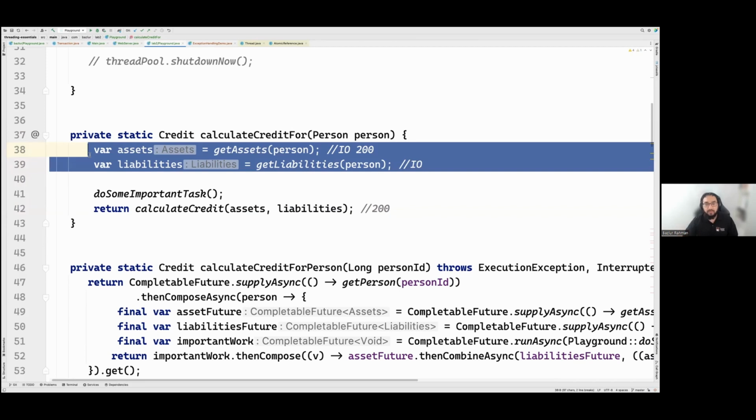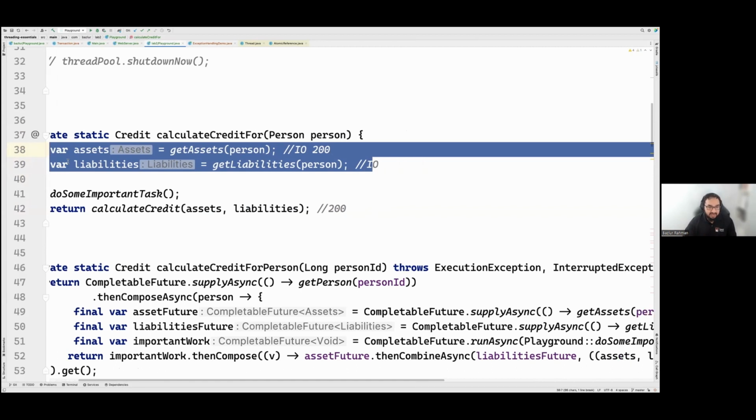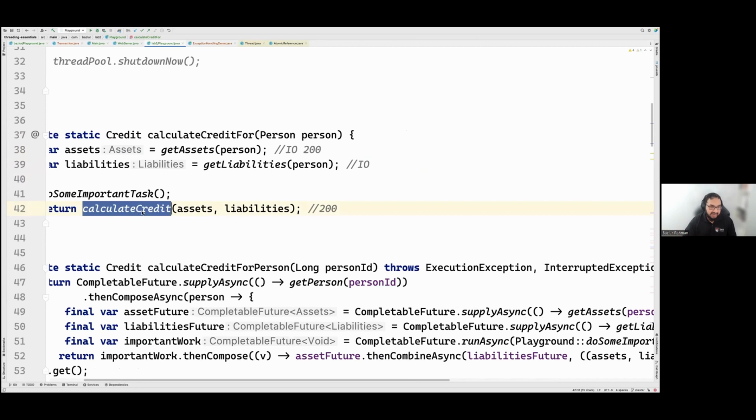For example, if these two calls are done in parallel, we'll be able to get this result in 200 milliseconds instead of 400 milliseconds. But again, when we are calculating the result, we need both results. So we need the get operation here, and here we also need the get operation.